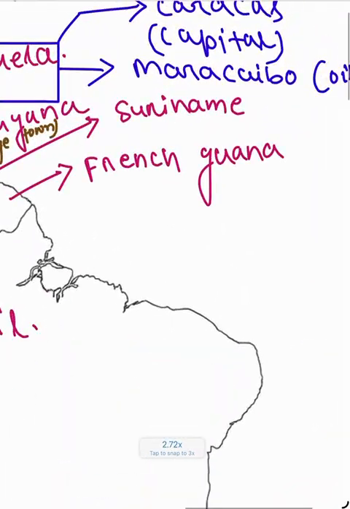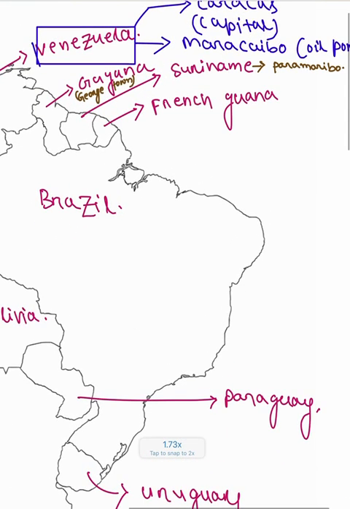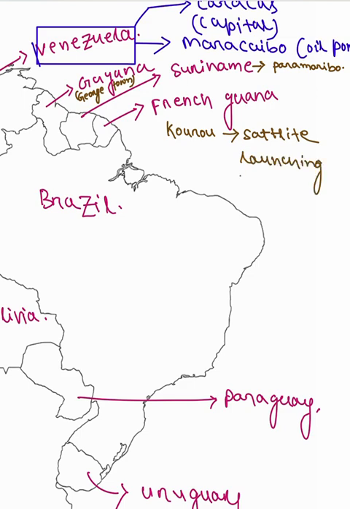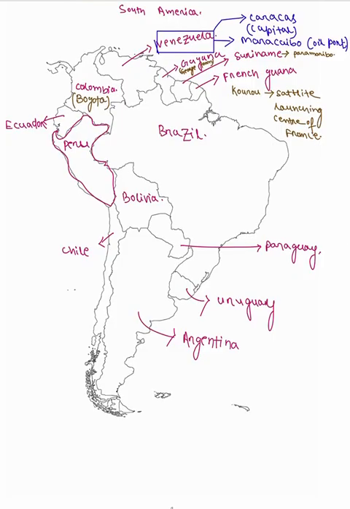Then Suriname, the capital is Paramaribo. Then French Guiana, an important fact about it is Kourou, the satellite launching center of France. This is France's overseas territory. Then we will go into Colombia, and the capital of Colombia is Bogota. What else is important about Colombia is